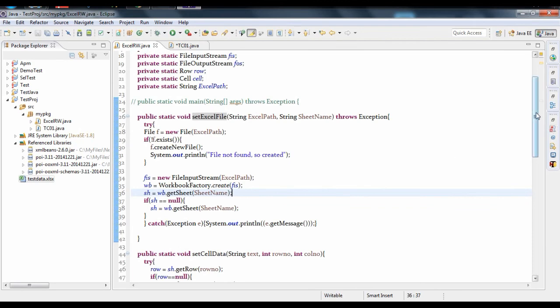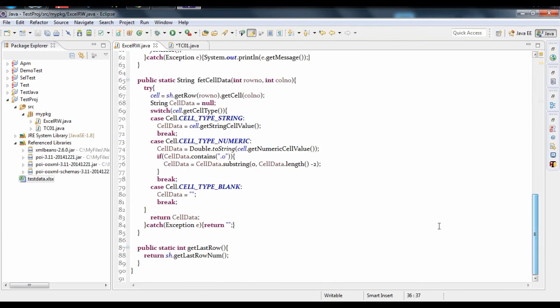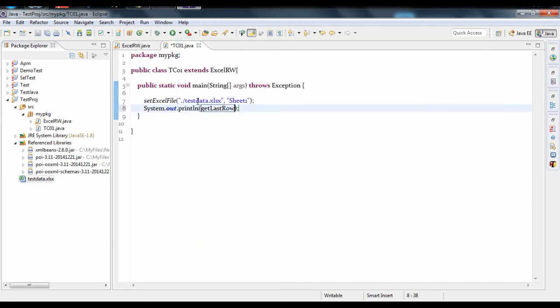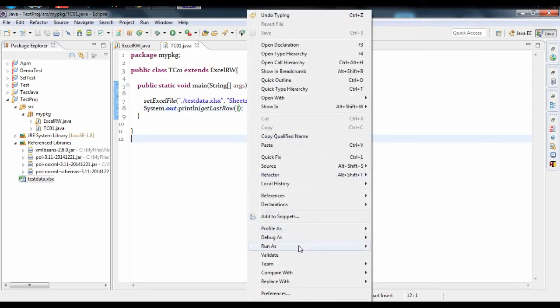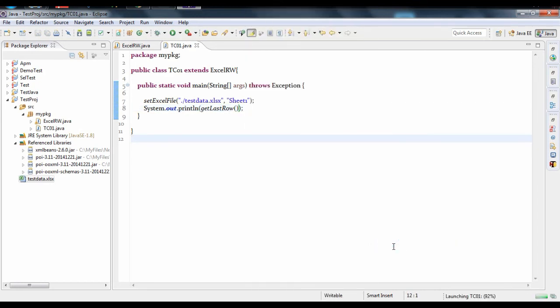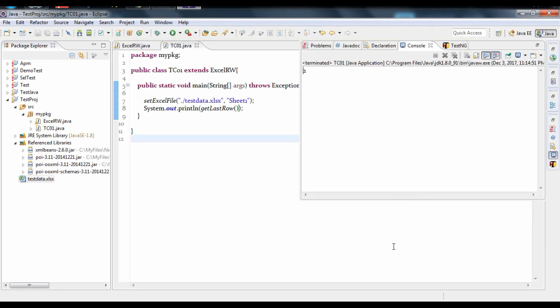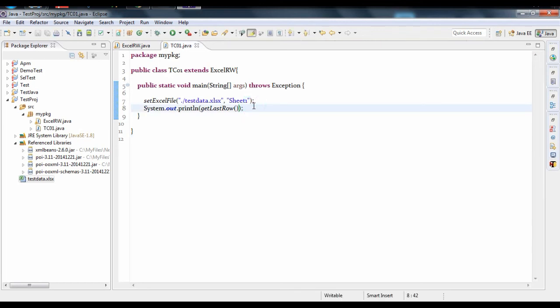For this we already have a method placed, that is my getLastRow. So directly I can use this particular method. Let's run it and see if we are getting the output or not. You can see 2, because we have 3 rows. As we discussed, the index starts from 0. Now we can loop it to get the data